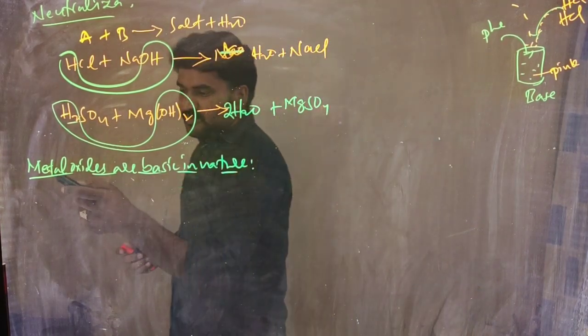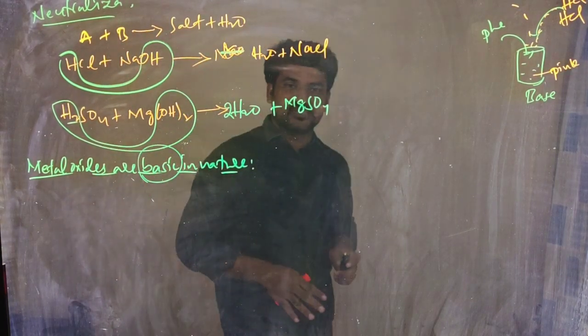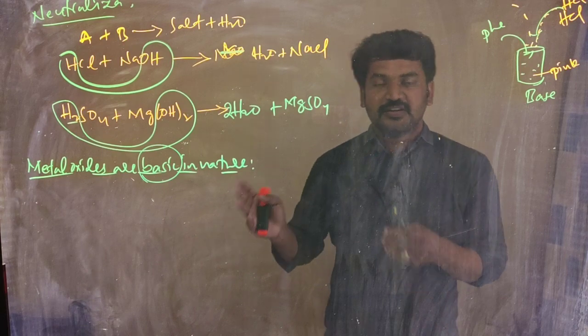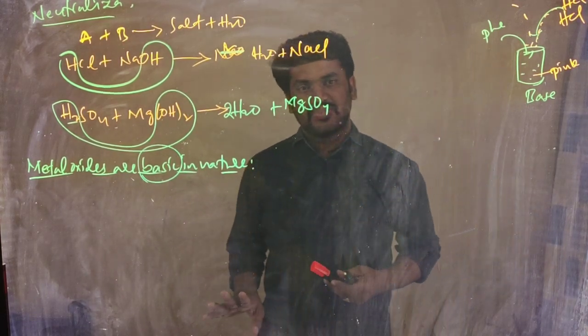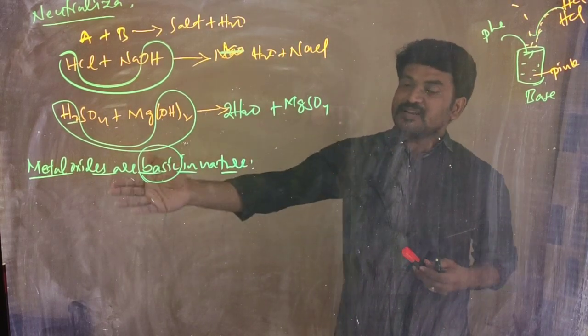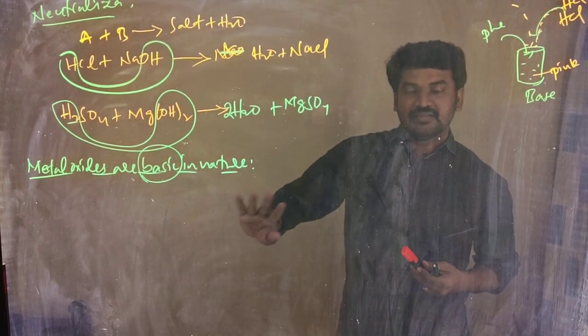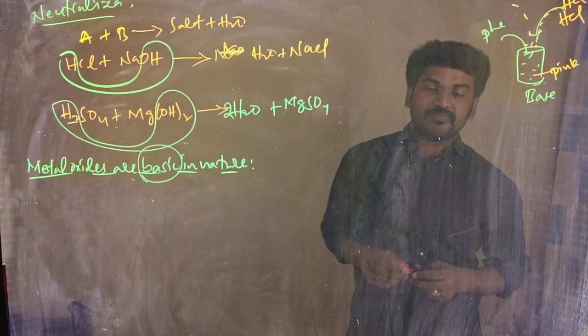You see there, metal oxides are basic. That means they have the basic nature. They are only giving the information. They are asking to support the statement. They are giving the information only. They are saying to what? To support that. That means metal oxides are base. Right? Then how to support that? Based on the neutralization reaction. Right?